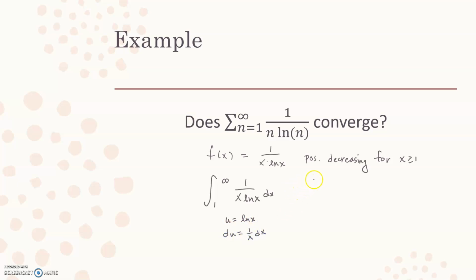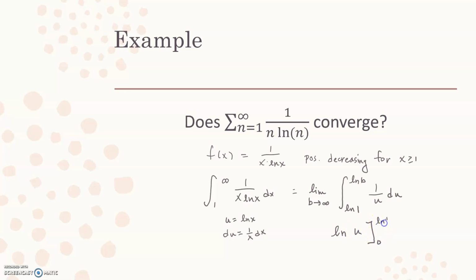So then this becomes, I'm going to plug in 1, so I have natural log of 1, which is 0. And then I have natural log of b, and I have 1 over u du. So that antiderivative would be natural log, so natural log of u